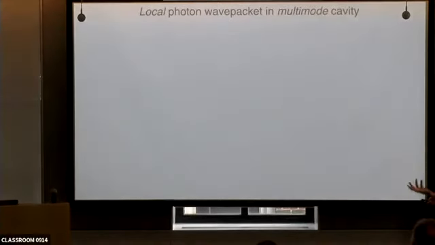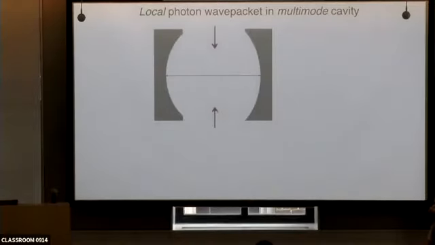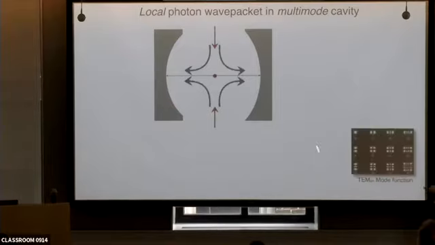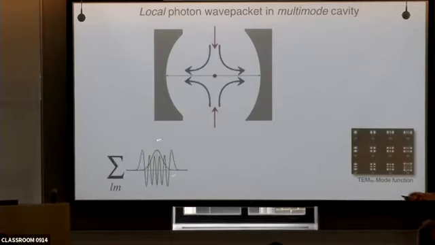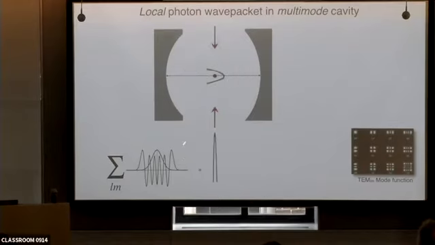So now let's describe how you make a local photon wave packet in a multi-mode cavity. Here's our cavity cartoon again. Let's tweezer a little BEC in the middle, just a little clump of atoms. We scatter photons into the cavity, but now we're scattering them into a superposition of all the available modes at that position. All right? And so that's a summation over all of these Hermite-Gaussian polynomials, and that gives you something that looks very, very spiked. In fact, if you have an infinite number of those, it looks like a delta function. Right? You don't have an infinite number, so it has some width.